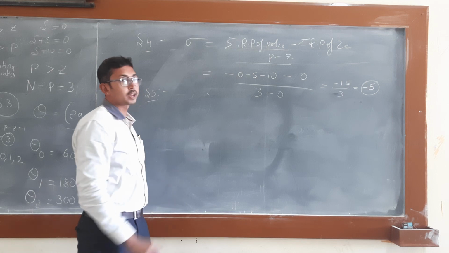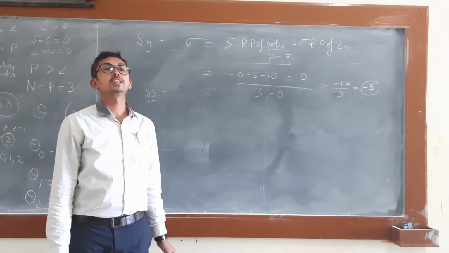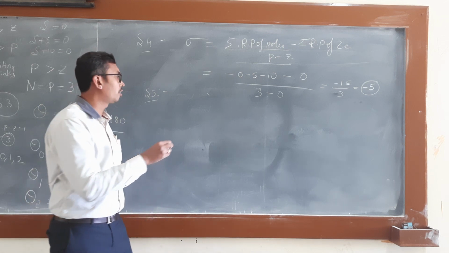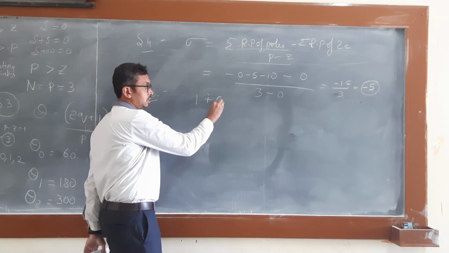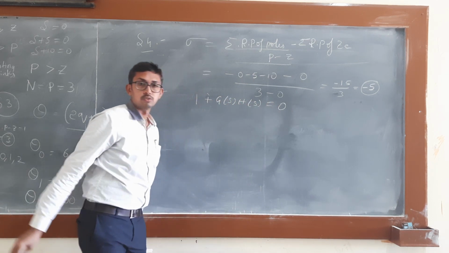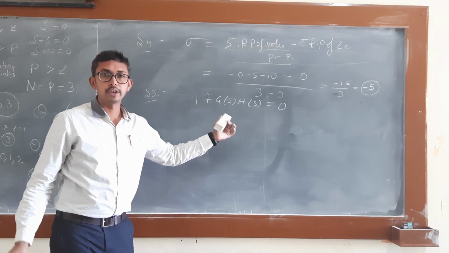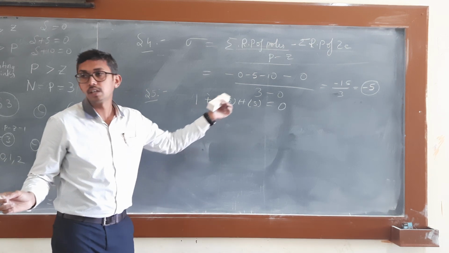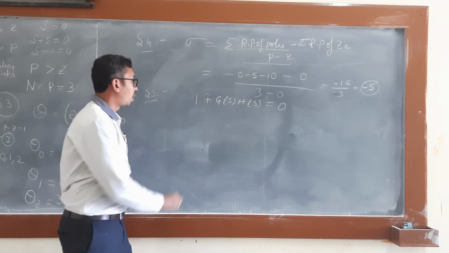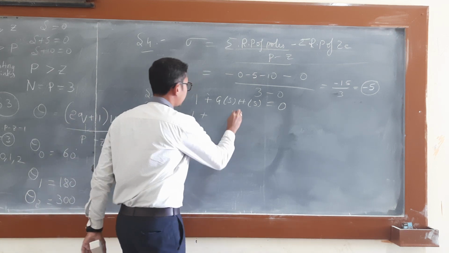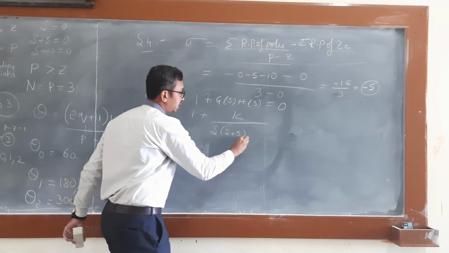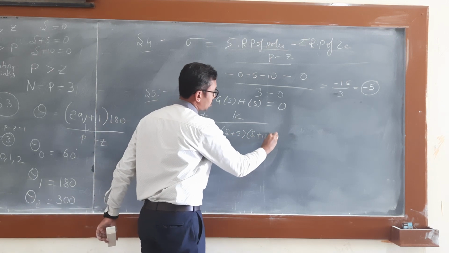How to find out the breakaway points? For that, we need to consider the characteristic equation. What is the formula of the characteristic equation? 1 plus g of s into h of s is equal to 0. Right, this is the general formula. If they are not giving anything, we are going to consider this as the characteristic equation. 1 plus g of s h of s is equal to 0. What is g of s h of s? That is k divided by s into s plus 5 into s plus 10